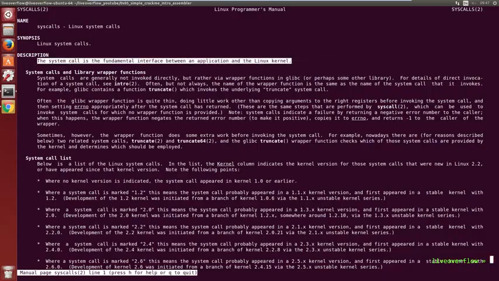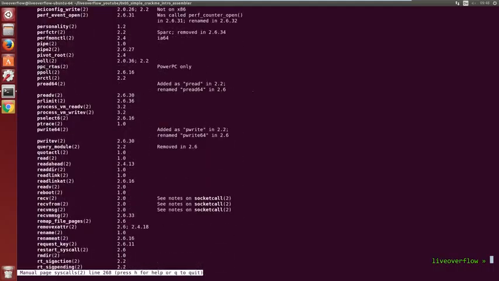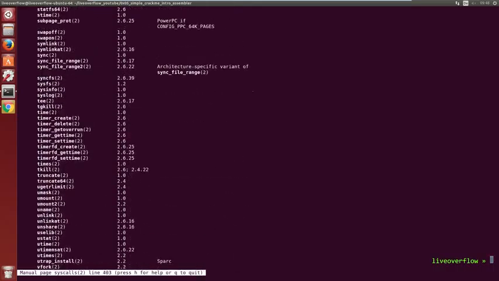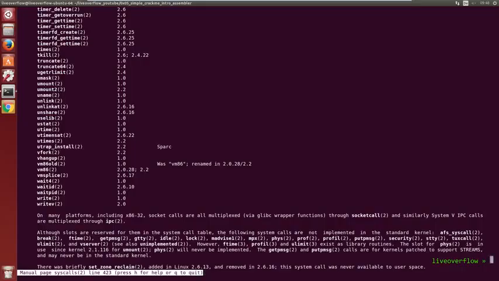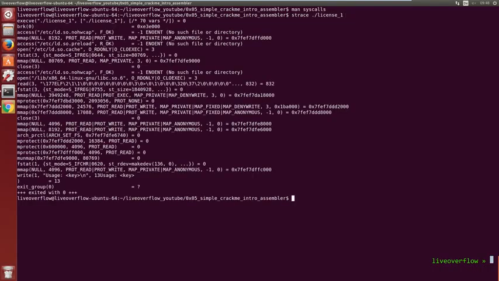You can read more about them in the man page to syscalls. One of those functions is write, and write can be used to write text to the standard output, which we can read on the console. So let's execute the license program with strace. This first line is execve, which is the function that tells the Linux kernel to now execute this program, license